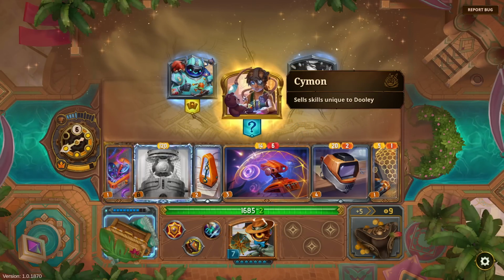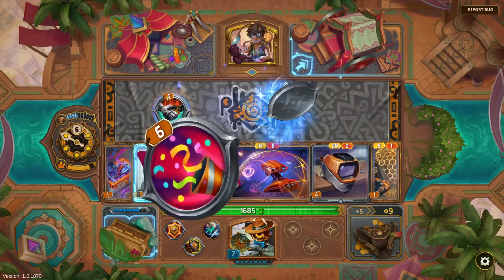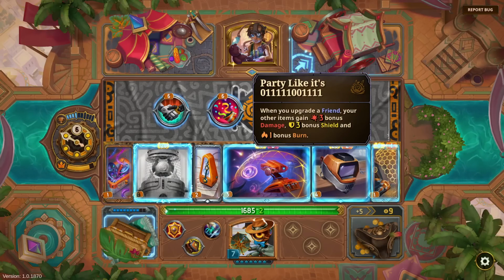Tinker sells friend items, but Simon, you sell skills unique to Dooley. If you have exactly one friend. If I had another friend, I would. Reduce it and the core's cooldown by 5%. It's also party like it's...